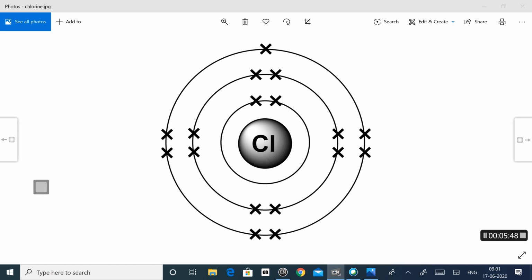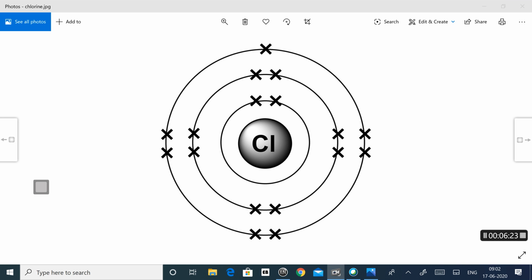Look at the example of chlorine. Its atomic number is 17. That means its electronic configuration is 2,8,7. So if it gains one more electron, it will become 2,8,8. Then the chlorine atom becomes stable. Then it is called an anion. So the new electronic configuration of chlorine is